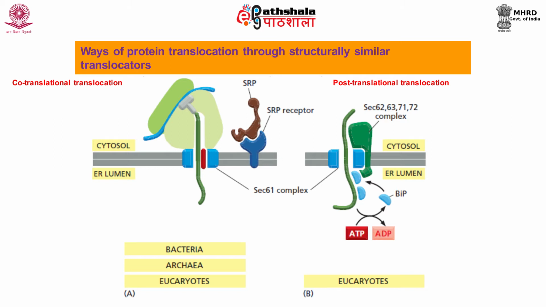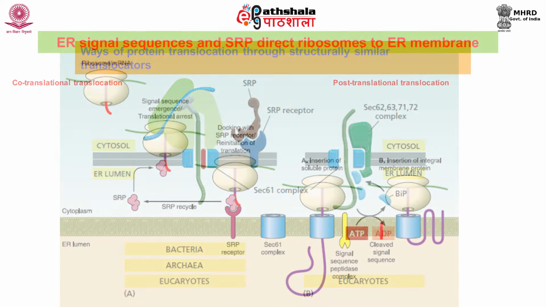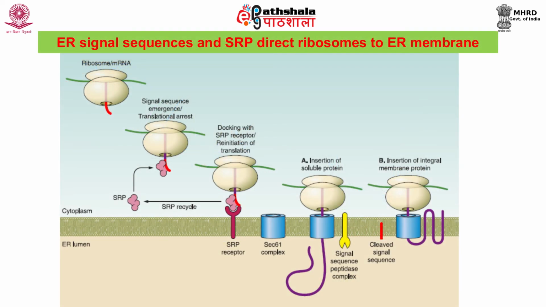whereas ribosomes complete the synthesis of a protein and release it prior to post-translational translocation. In co-translational translocation, the SRP binds to both exposed ER signal sequence and the ribosome and causes a pause in translation. By doing this, it ensures that the protein is not released into the cytosol, as well as it takes care that the protein folding will not occur before the polypeptide chain moves in the ER lumen.